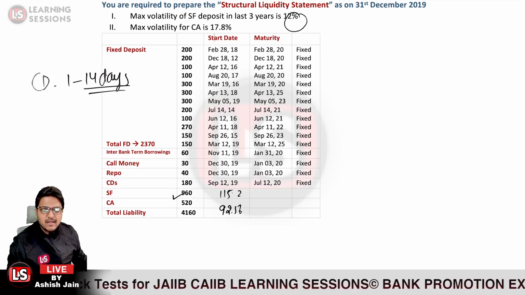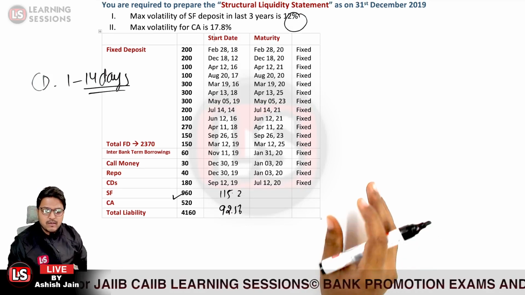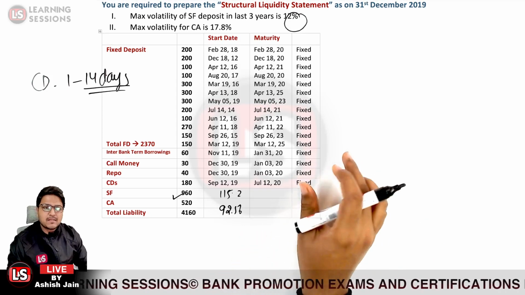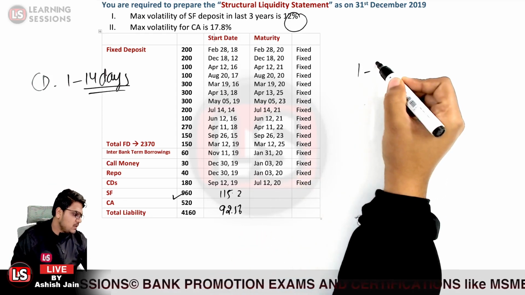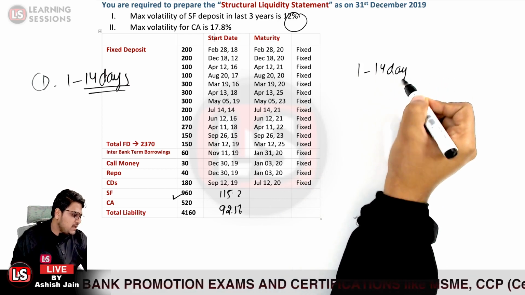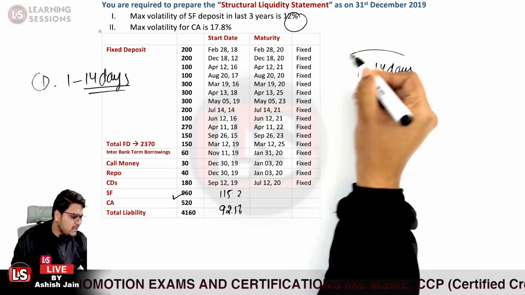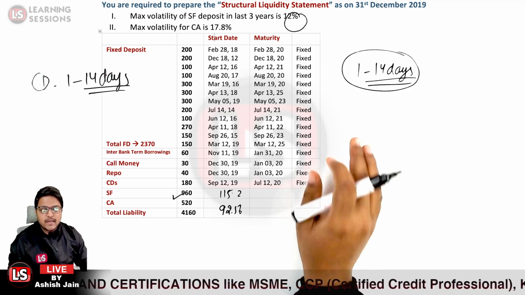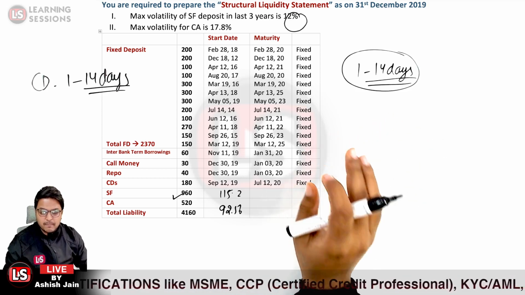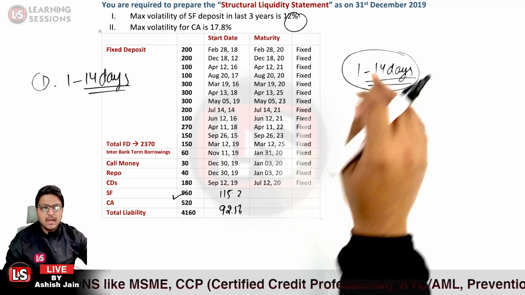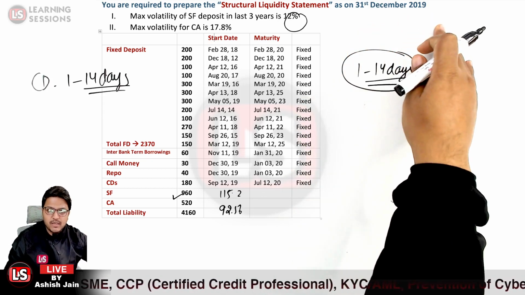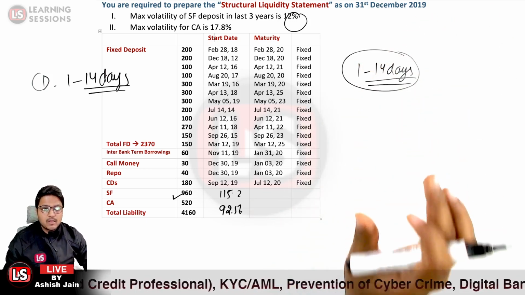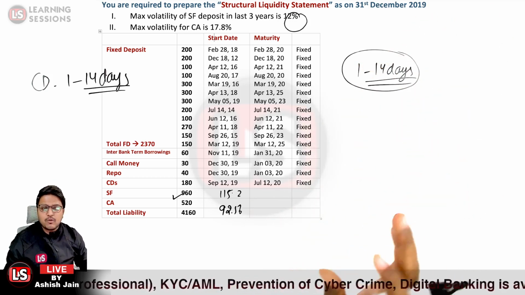Next, it says that we need to calculate the total amount that will be placed under the 1 to 14 days bucket. So what will be the answer? Now, as I told you, the benchmark date, the base date that you will be referring to, is 31st of December 2019, because you have to prepare a statement as per this particular date. So the residual maturity that you need to consider,